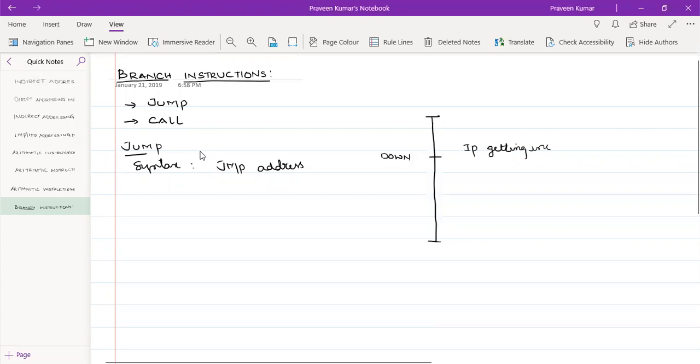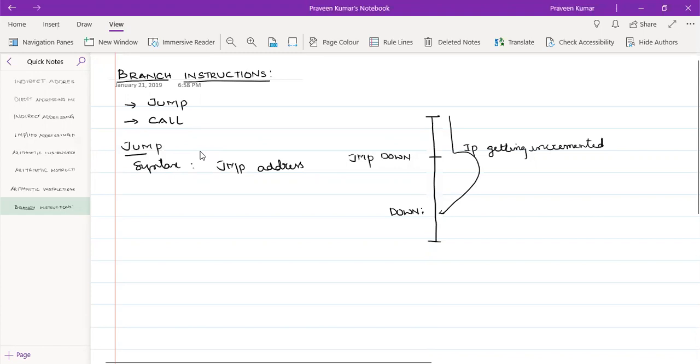After this, it has to go back to a label where we have written jump down. The label I have written is down, in this format, a colon preceded by the label name.